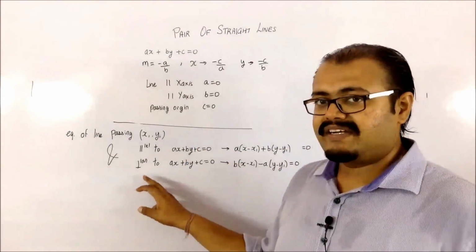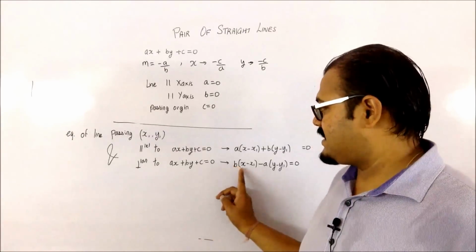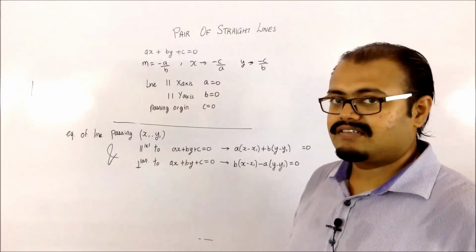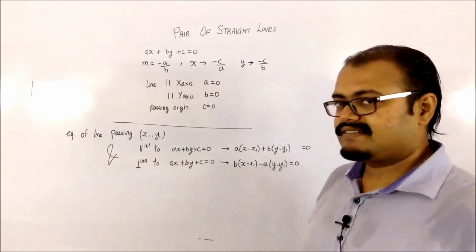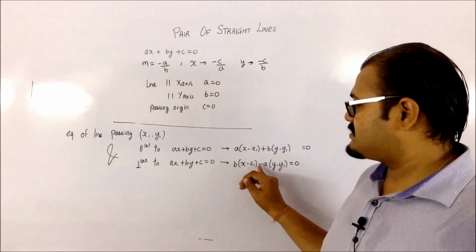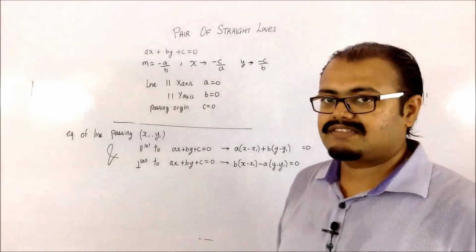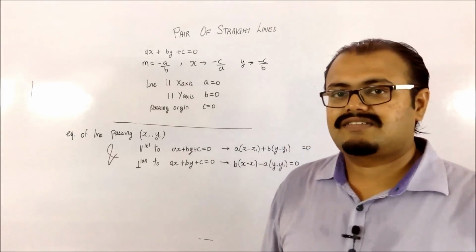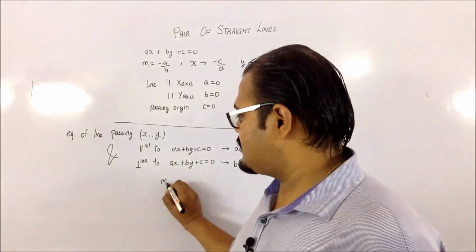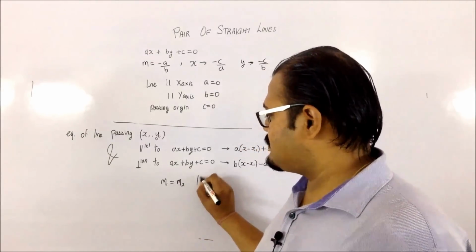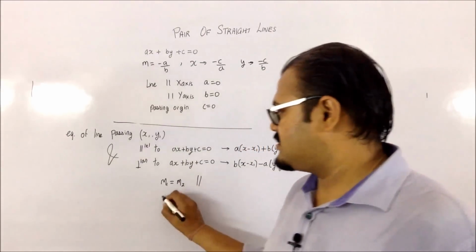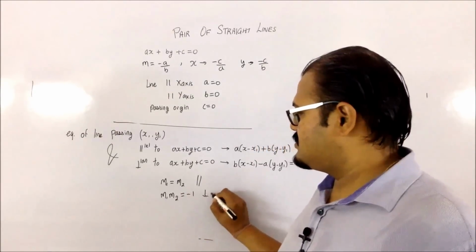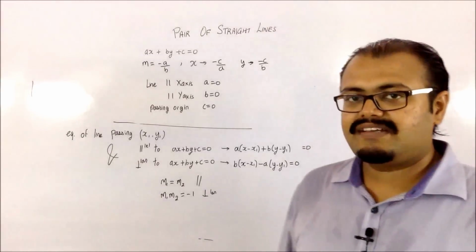If the line is perpendicular to this required line, then in that case the a and b get swapped with a negative sign given to one of them. So you will have b and minus a, with the x minus x1 and y minus y1 terms. Basically this happens because whenever the lines are parallel to each other, the slopes are equal. That means my m1 is equal to m2 if the lines are parallel. If they are perpendicular, then I have the product of the slopes as minus 1, so m1 m2 will be equal to minus 1.